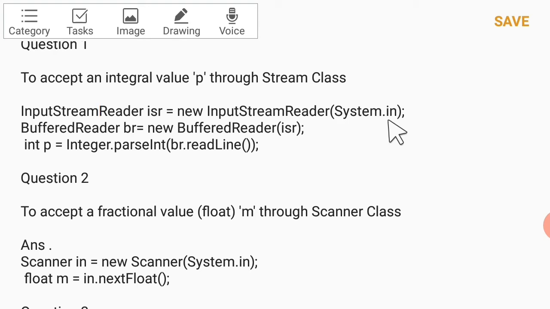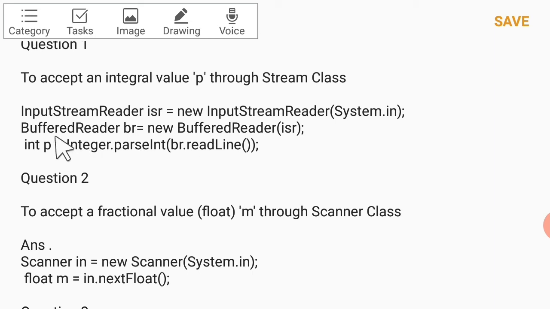Okay, System.in. Now InputStreamReader ISR equal to new InputStreamReader. Again you have to write the same name because the constructor and the class name are always the same. Constructors will be taught later, but as of now you have to just keep this in your mind. And System.in is a parameter or argument here, and the entire statement is terminated with a semicolon.